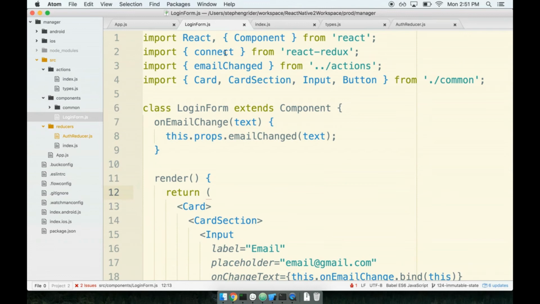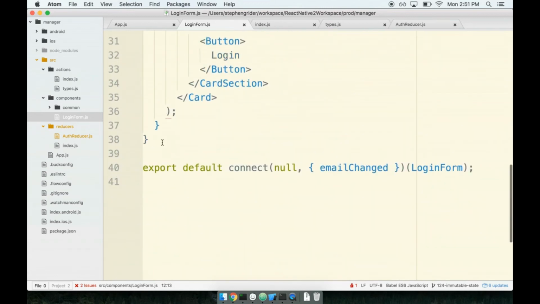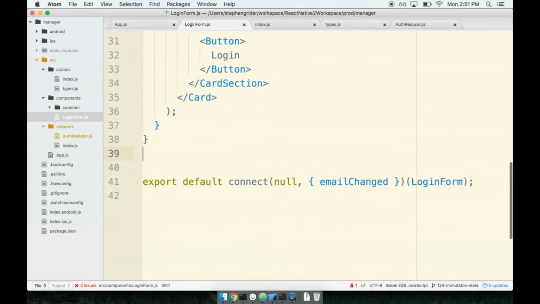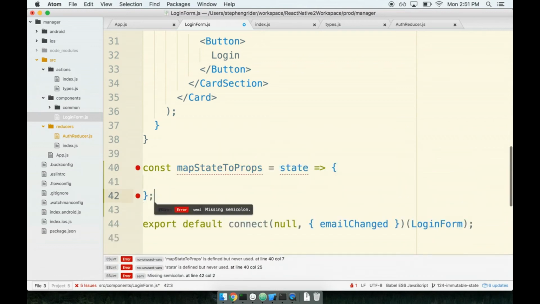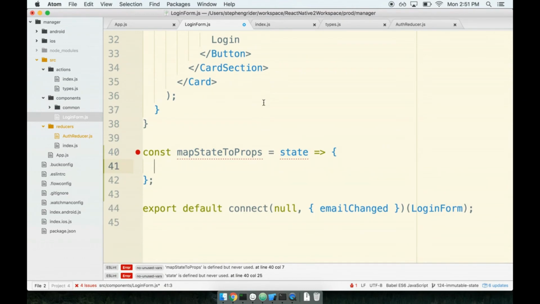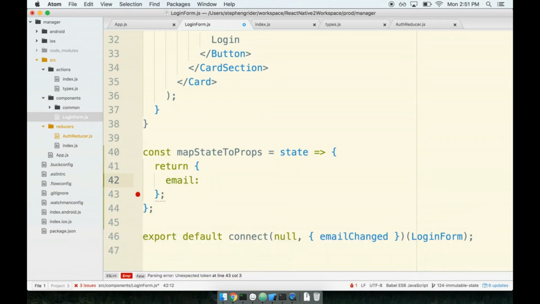So the first thing we have to do is define our map state to props function at the bottom. So down at the bottom of my login form, I'll define map state to props. This will be called with our global application state, and it is our job to just return the property that we care about from that state object. So I think that right now, the only property we really care about is the email. So I'm going to say, give me the email. It's coming from